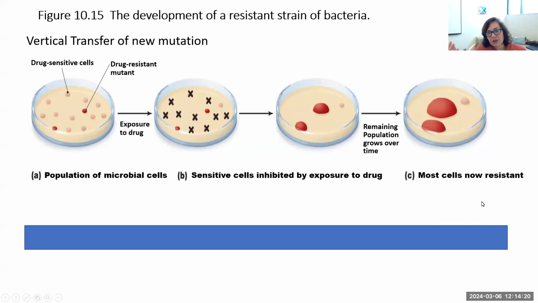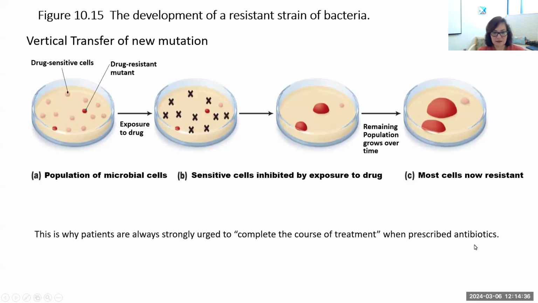And then we have a patient who came in for a hip replacement surgery, but is exiting with pneumonia, or ends up even sicker because now they have pneumonia that is drug resistant. Okay, so that's a vertical transfer of the mutation. And then this is the explanation for why patients are strongly urged every time to complete the course of treatment